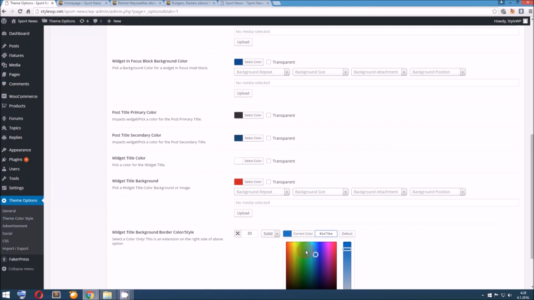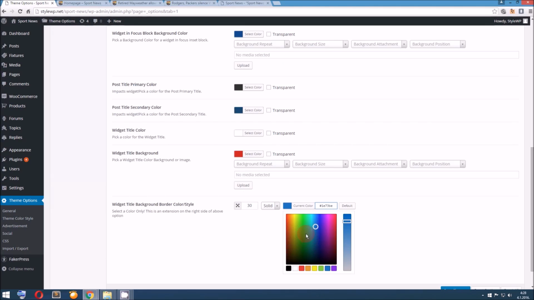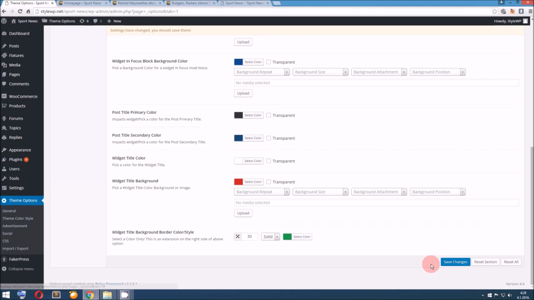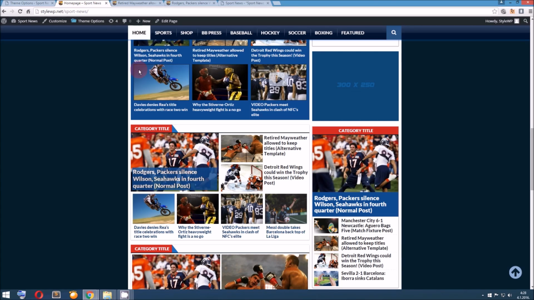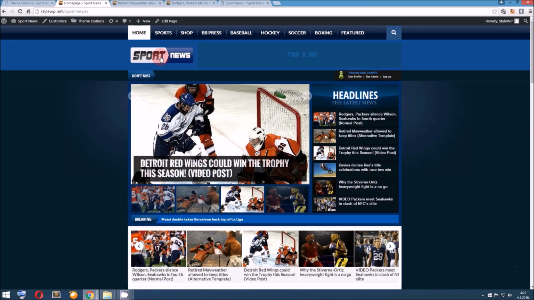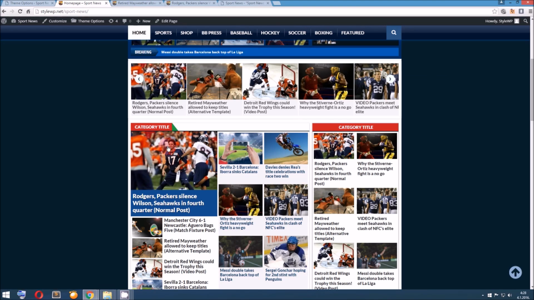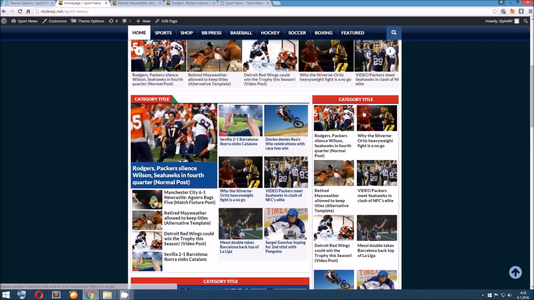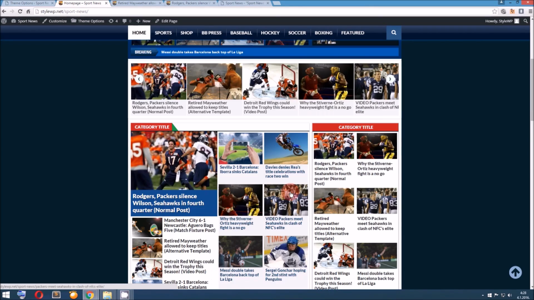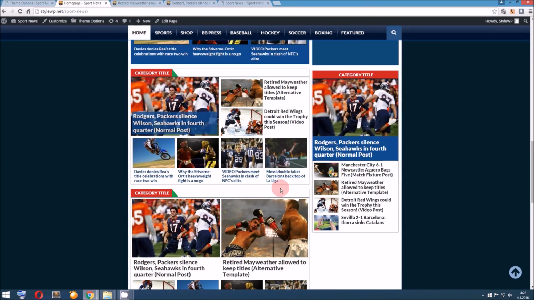So let's choose, I don't know, green. So you can see just what this actually changes. You notice this blue part. This is a part which now will become green, and that's it. You don't have to change anything else because everything else is already predefined, but you can mix